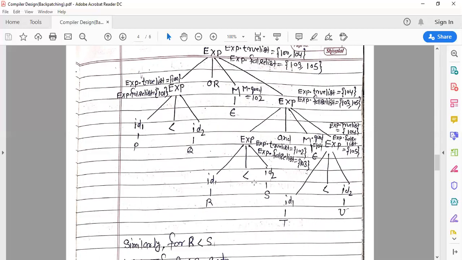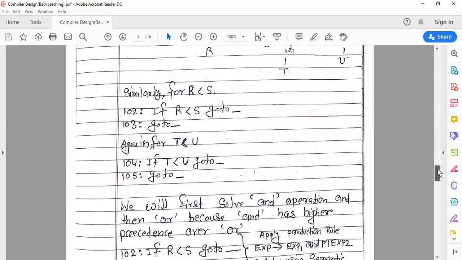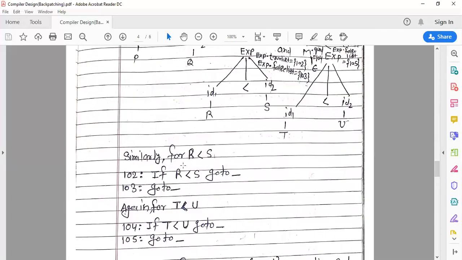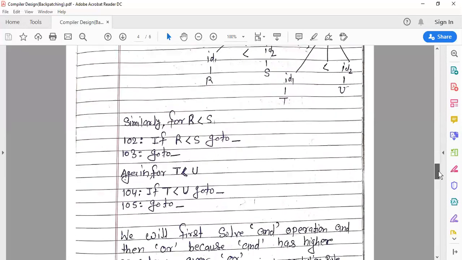Similarly we will write the three address code for this node, for r less than s.